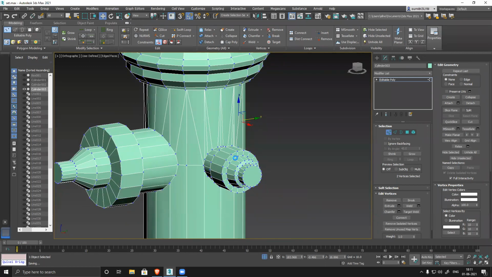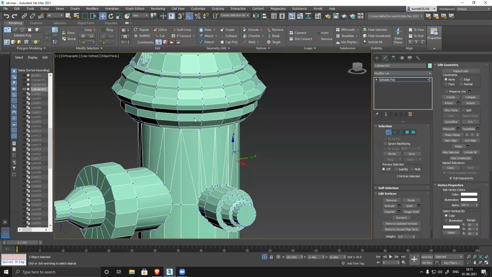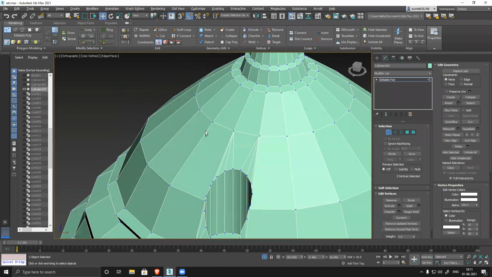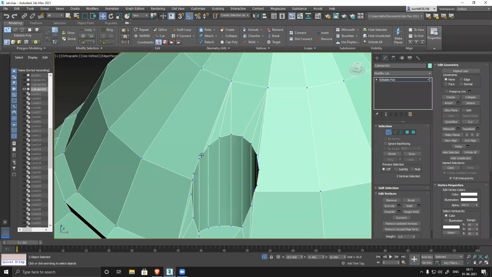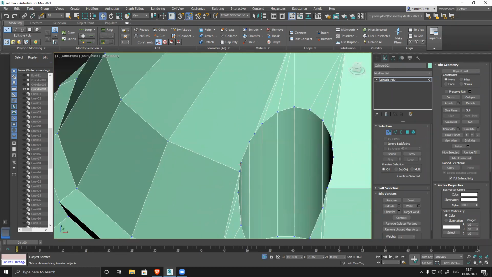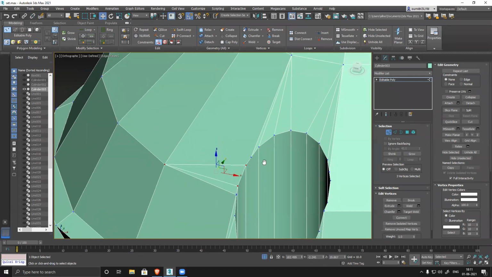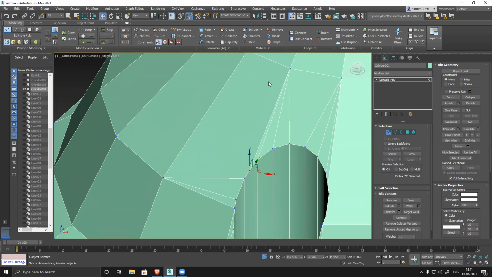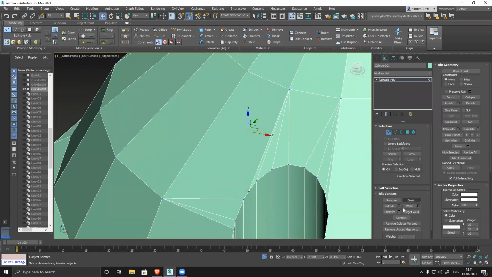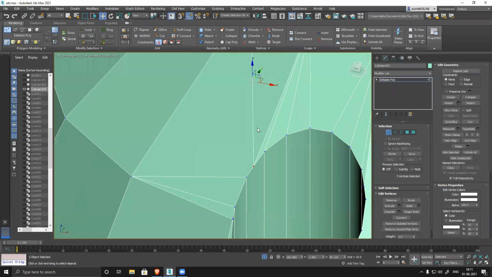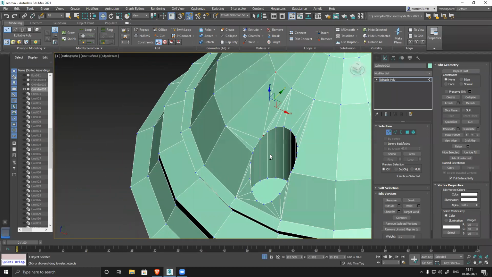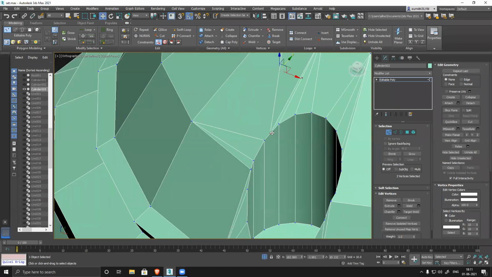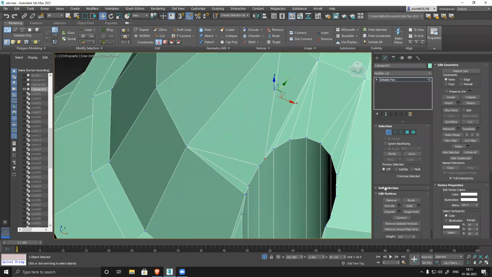Like this is correct. You can see it's a slow process. You have to check each and every part very nicely and make sure it's perfect, clean. There is no unwanted edge. This, you can see, is floating. This also has to be fixed. This one is gone, so I have to fix this also. And this one, you can see this particular edge is floating.